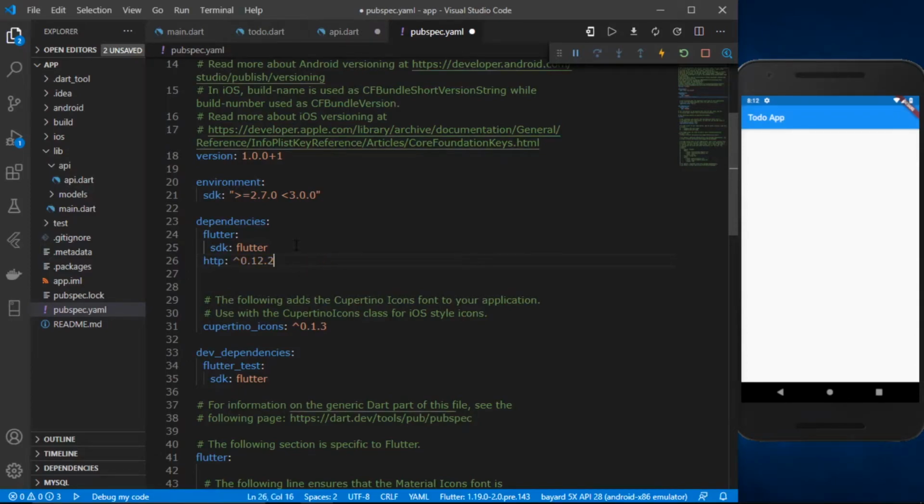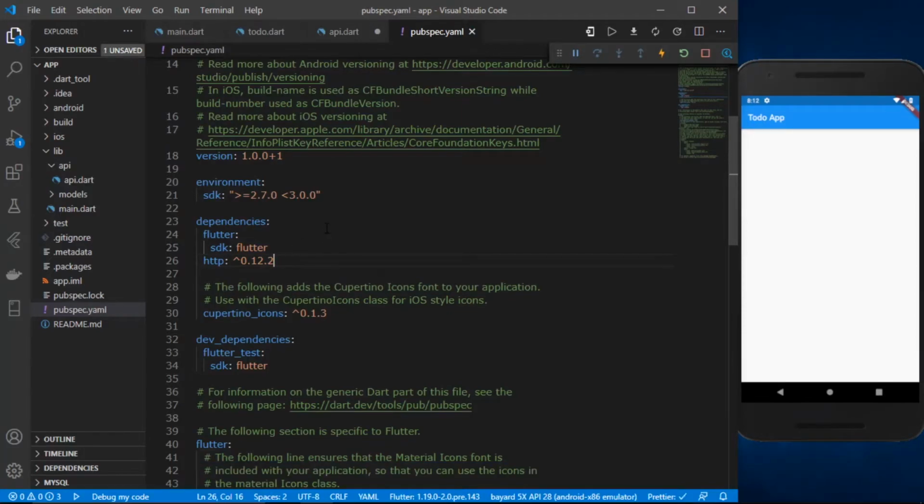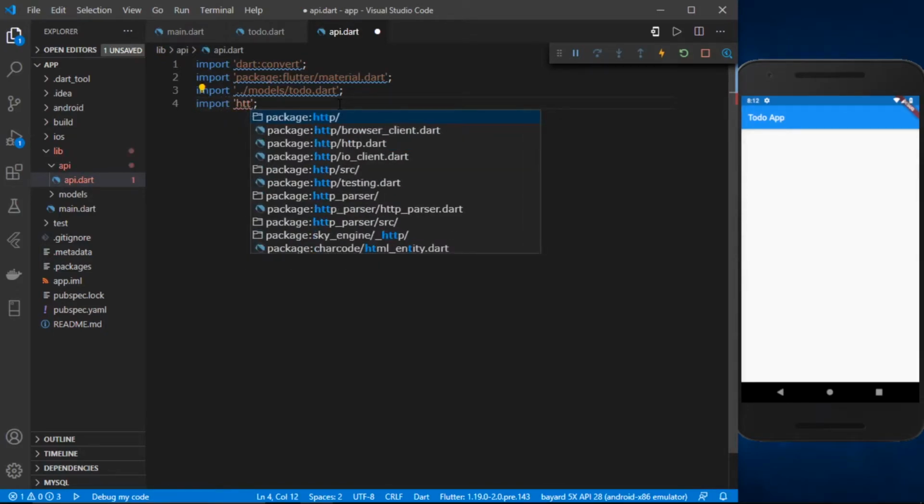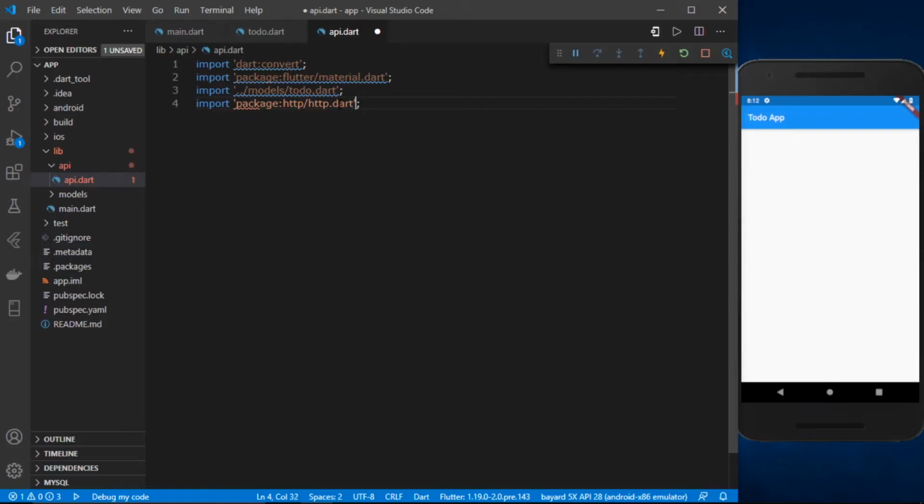Okay, so I've pasted it. Now I'm just going to save it, and hopefully I'll now be able to use it in my api.dart file. So http/http.dart, and I'm just going to import it as http, just for the short abbreviation. And that's it. We are done with our imports, and now let us create another class, and this class